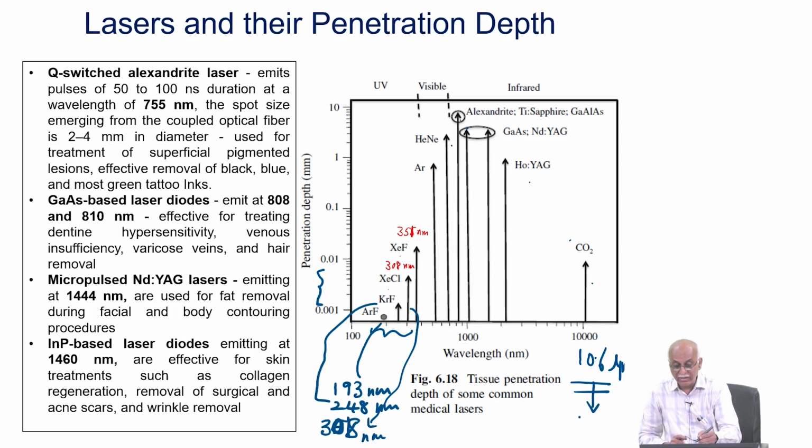Particularly, a krypton fluoride laser at 248 nanometer has a wavelength matching with DNA absorption bands. So, generally 248 nanometer is not preferred, otherwise it can disrupt the DNA activities as well. So, the laser is detuned to some other wavelength, 249 nanometer, slightly detuned, so that absorption can be avoided. So, then we go to